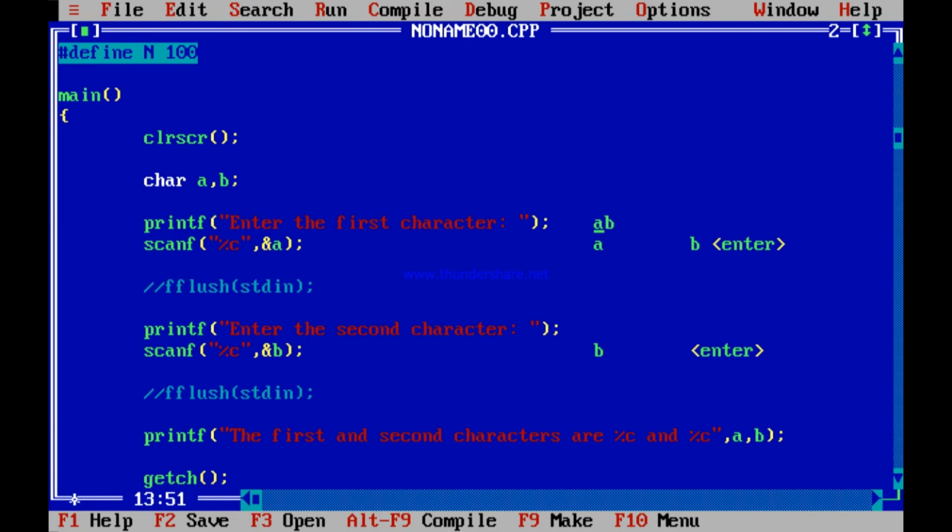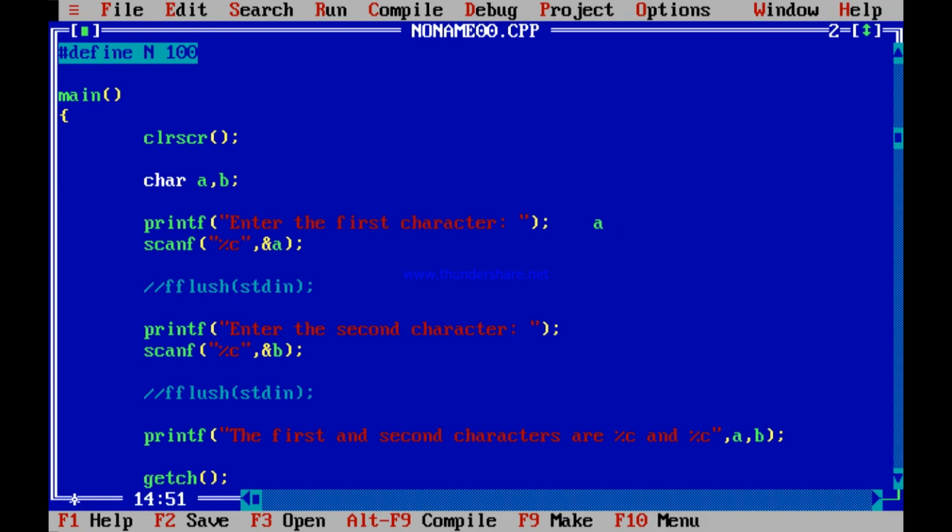Let me delete this and say, suppose you don't enter this AB, but you just enter A. Let me take that example also, the second example where I entered only A. Now you enter the first character, you enter A, followed by you press the enter.